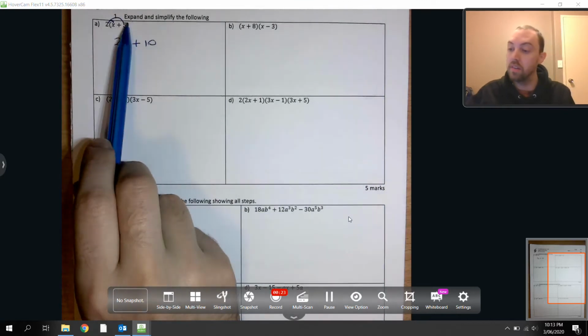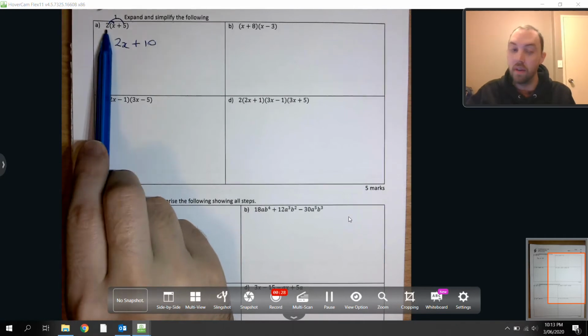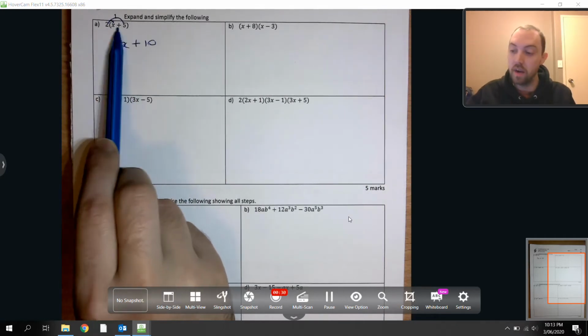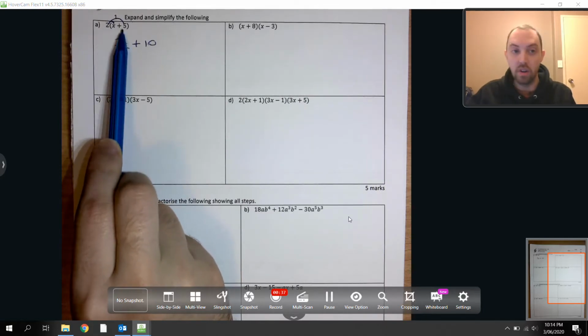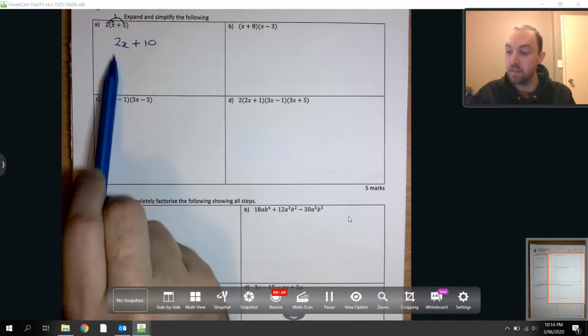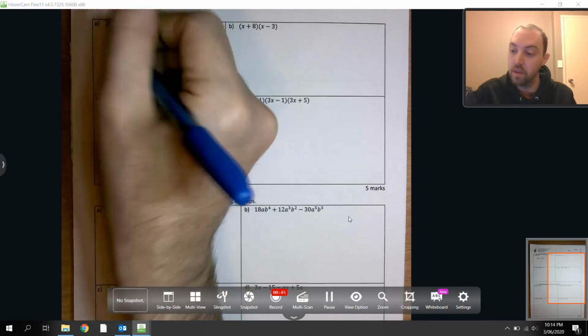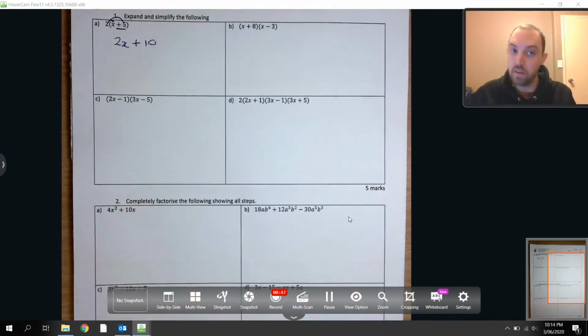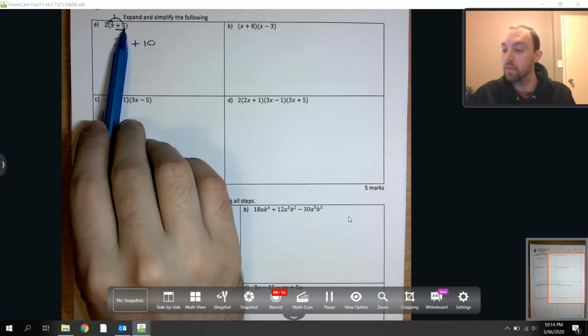Okay, the idea for question 1 is to expand and simplify the following. So I have 2 and then a set of brackets, x plus 5. I am multiplying the term on the outside of my brackets by each term on the inside. So 2 times x is 2x, 2 times 5, or positive 5. Okay, the sign in front always goes with the term, so 2 times positive 5 and we get